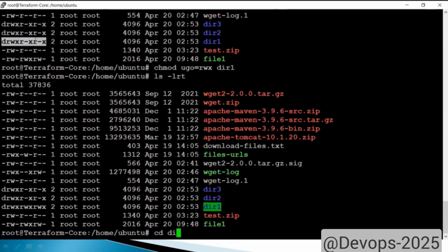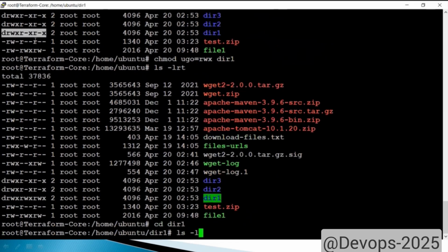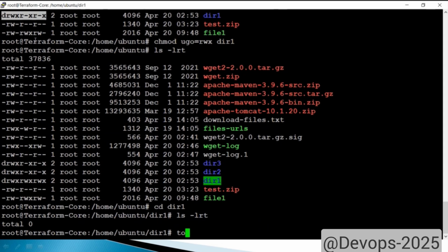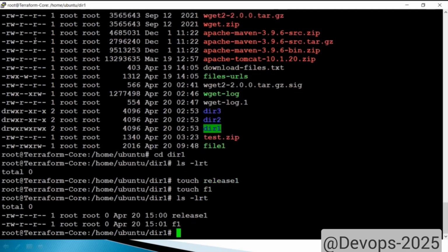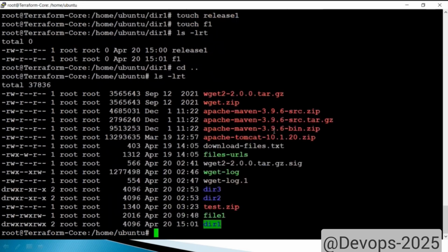Now we can go inside of this directory1. I can create one more file, touch space release1, touch space f1. I have created 2 files. The 2 files have the default permission 644. We'll discuss that one. ls space -lrt. I came back. Now I want to set for